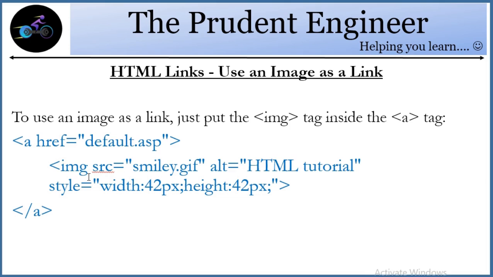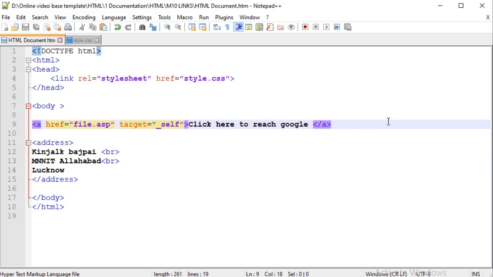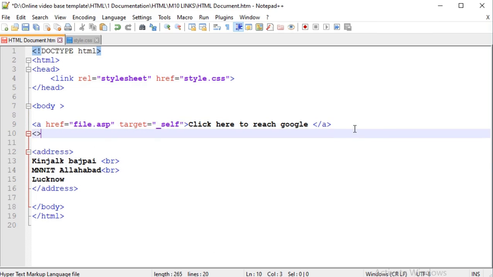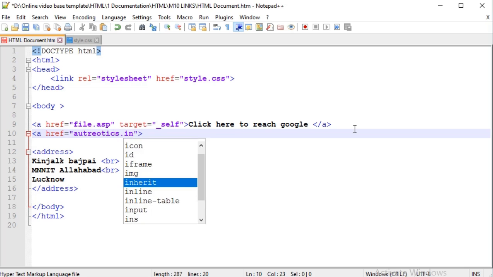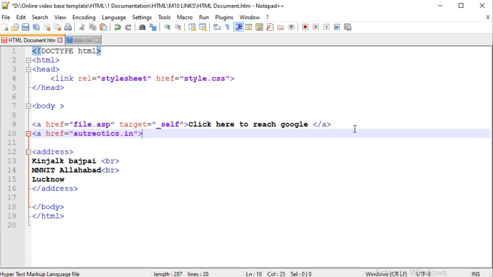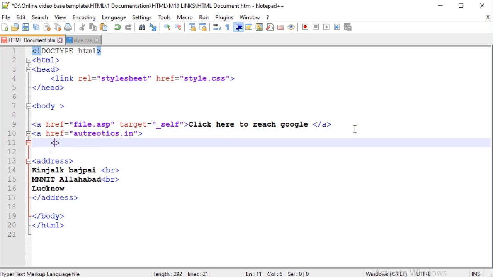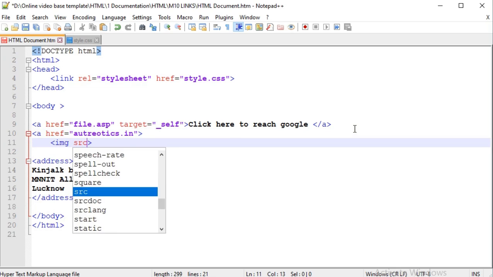How can you do it? Suppose you use the a tag to define the link. Now in this a tag you define an image. If you do that, your image can be clickable. Now I'll show you how you can add it. Suppose I define an a tag, and I write href equals to, suppose, patriotics.in. Then I again define an image tag inside this tag, and then the source of the image